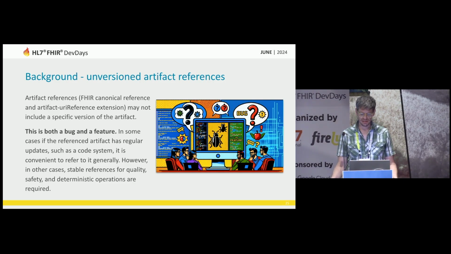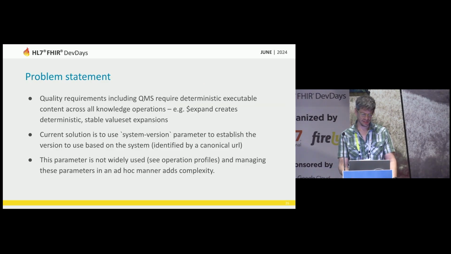But in other cases, if you have a QMS process or if your use cases are different, you want to have the ability to have deterministic references and have a QA cycle that always tests using LOINC 274. And then only when you're ready to go to 276 or 275 or whatever the next version is, that can be part of your QA and your QMS cycle. And so